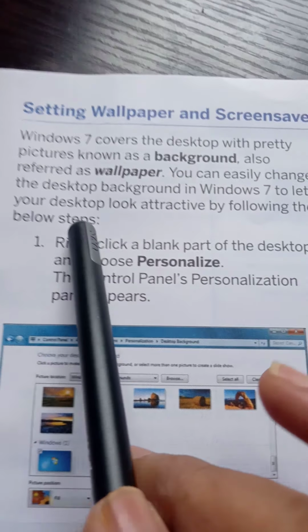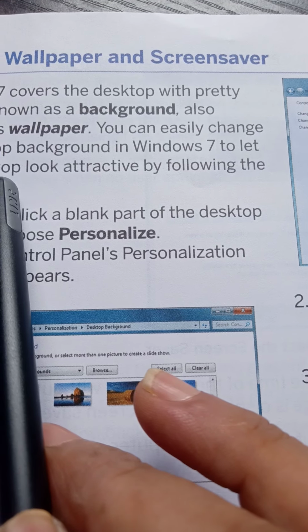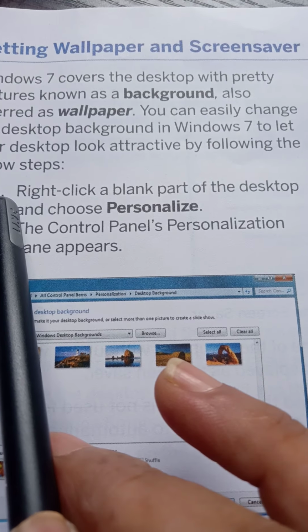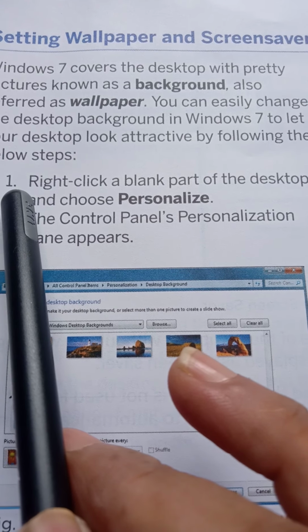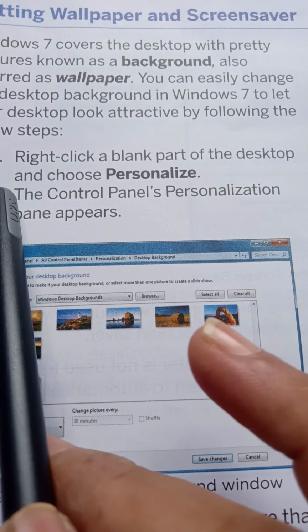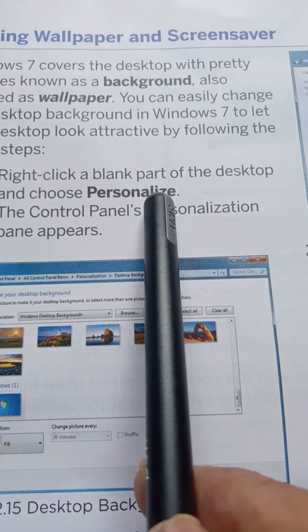How can we change this wallpaper? In mobile, you can change your wallpaper in many ways. But how can we change it in our computer? Right click a blank part of the desktop and choose Personalize.